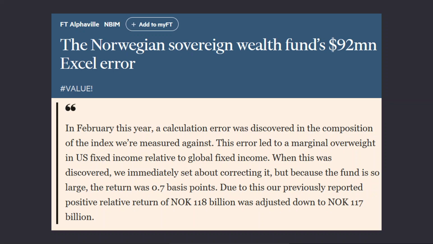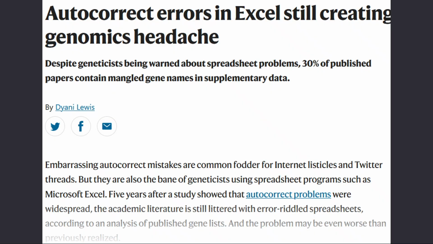But this wealth fund is something around 1 trillion, so it was a marginal error depending on the relative size.